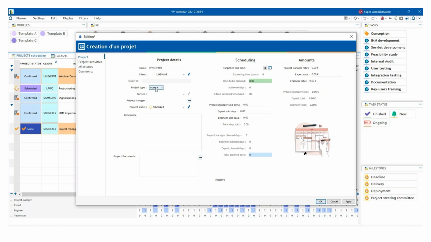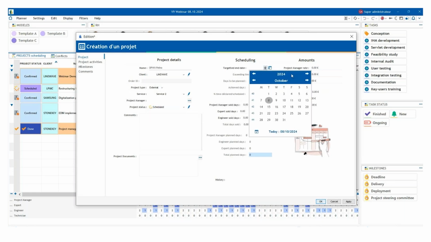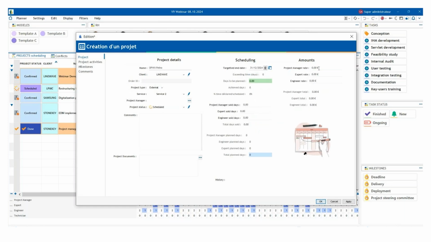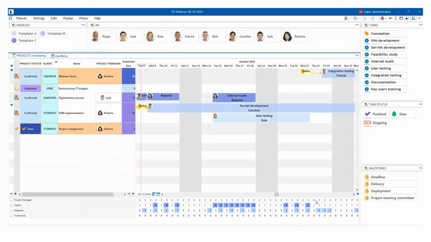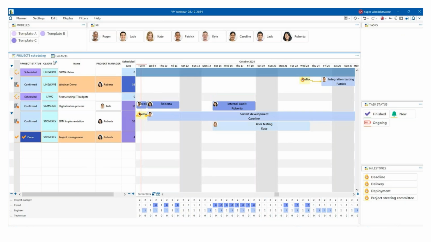The ID will be created automatically. I can choose what type of service it is, and then I can just mention it as scheduled, for instance, and I can say that my deadline is the end of the year. And for the rates and so on, I check later on with the customer to populate the rest of the information. Here we have the new line of our new project,